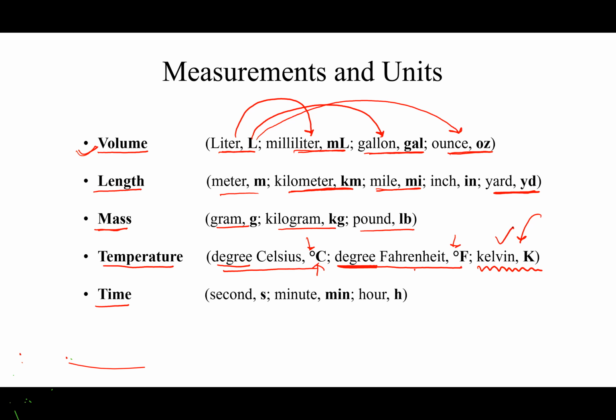Okay, so this is the unit which we use the most of the time in this course. In the exam, generally the unit is given in Fahrenheit or degree Celsius. What do you have to do? You have to convert that into Kelvin before you solve the problem. All right, so I'm going to share all those formulas that you need to know to convert this unit into another one. Time, I think everybody is familiar with it: second, minute, and hour, right? So we are going to talk about different units, what the relation between them is,